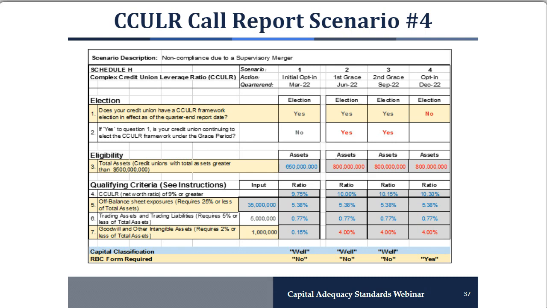As noted, this example represents a supervisory merger. Per NCUA's rules and regulations in Part 702, a supervisory merger or combination means a transaction that involves the following. Number 1, an assisted merger or purchase and assumption where the funds from the share insurance fund were provided to the continuing credit union. Number 2, a merger or purchase and assumption classified by NCUA as an emergency merger where